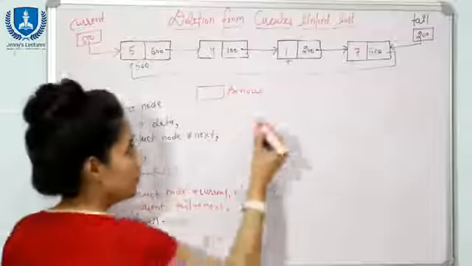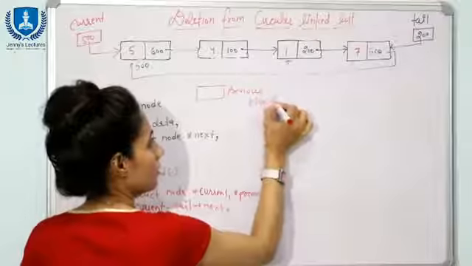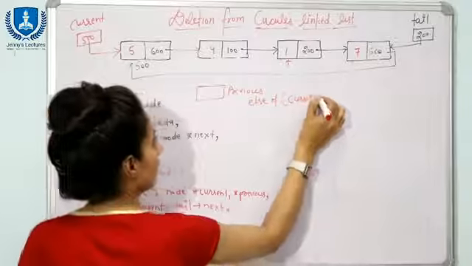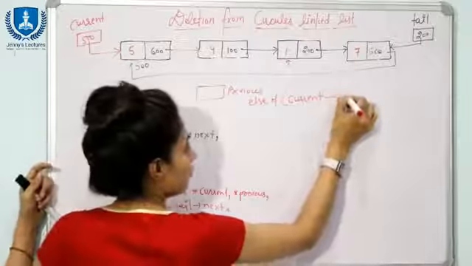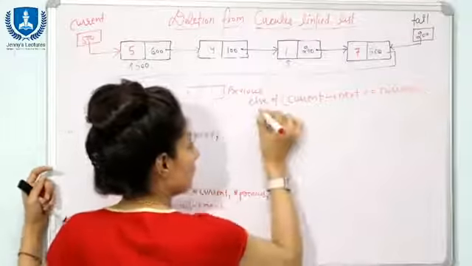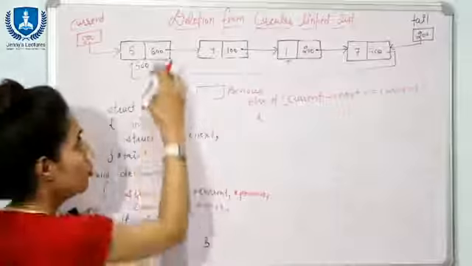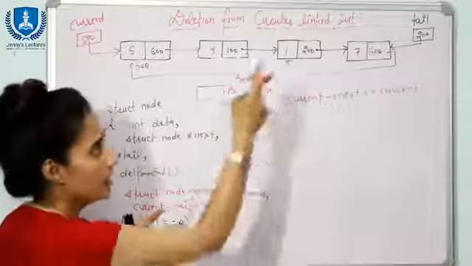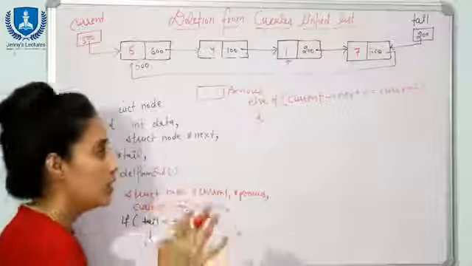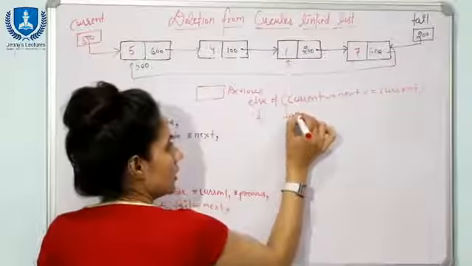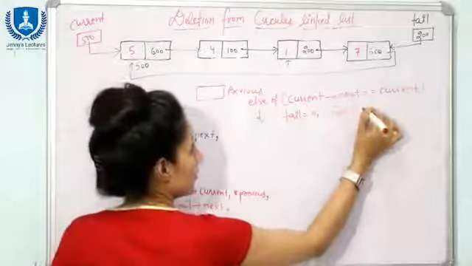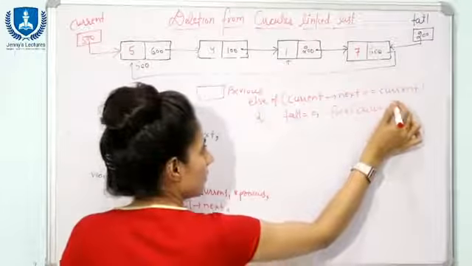So here the same thing you can write. Else if, how can you check that? Simply you can write here, we have taken a variable current. If current of next is equal to current, it means this is pointing to itself. There is only one node, or you can say tail of next is equal to tail, or you can say current is equal to tail. It means you can simply set tail is equal to 0, and now you can free this current, right? And that is done.